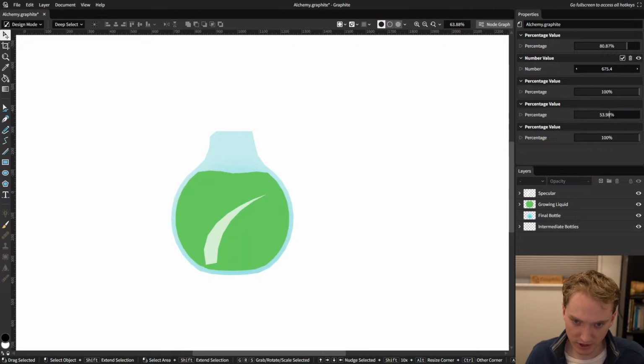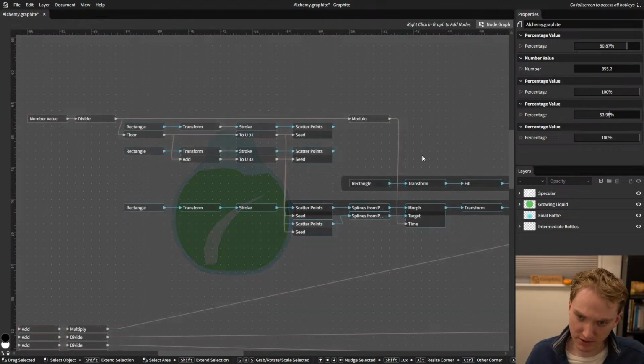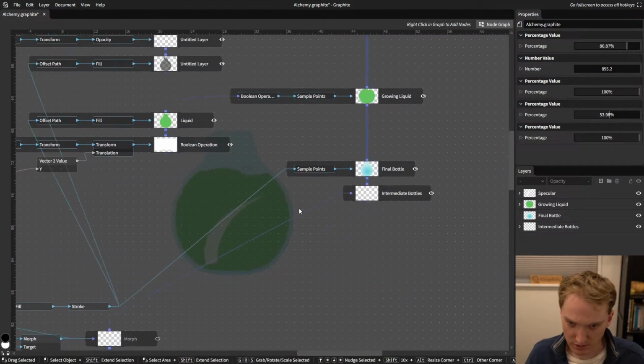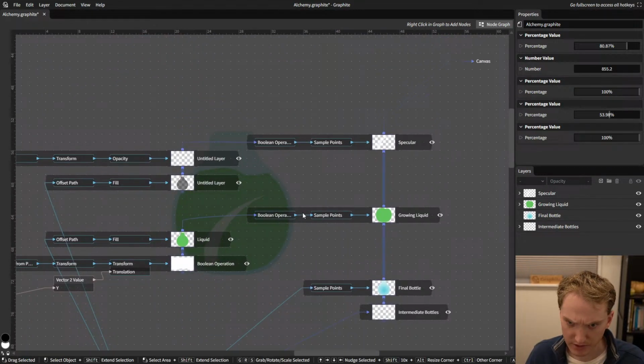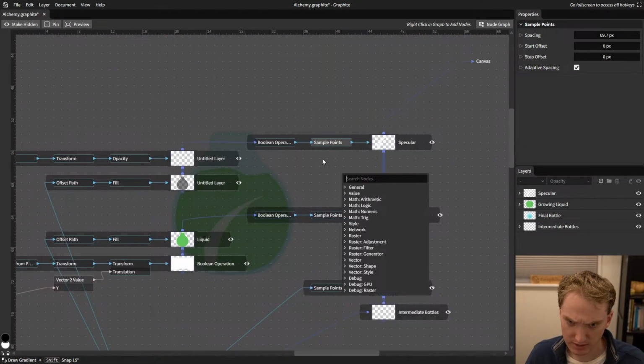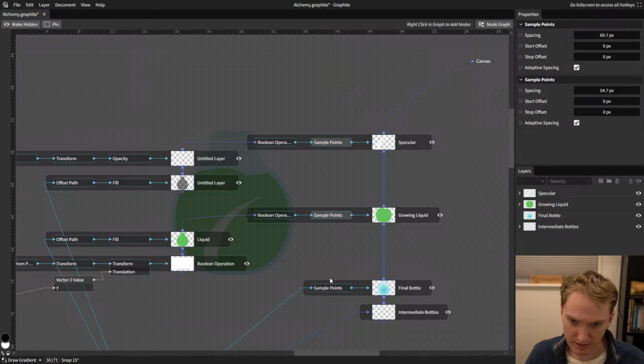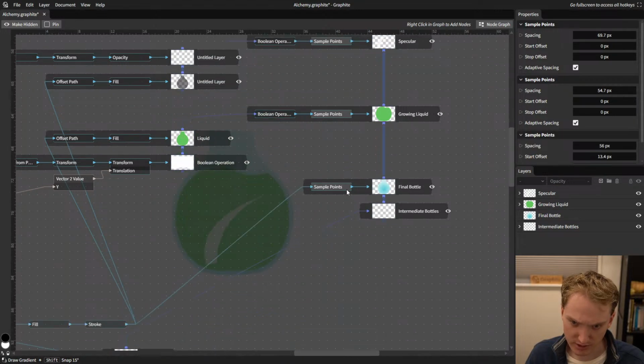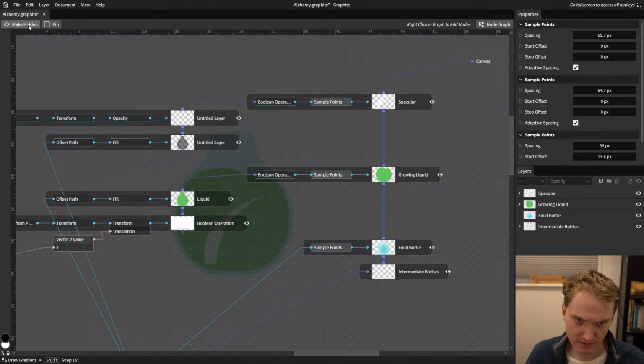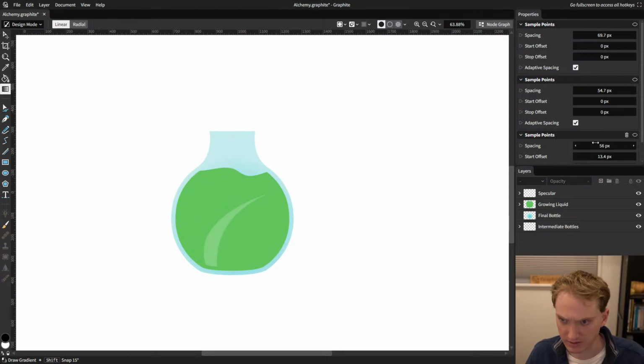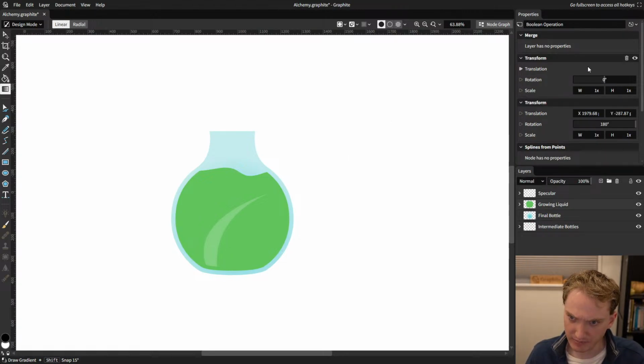Yeah, I think we're getting pretty close to calling this done. Let's see how it looks without those polygonal effects if we don't want to make it look low poly. So if we hide these sample points nodes, is it just those ones? I think it's just those ones. Hide those. Now, if we look at the same thing again,